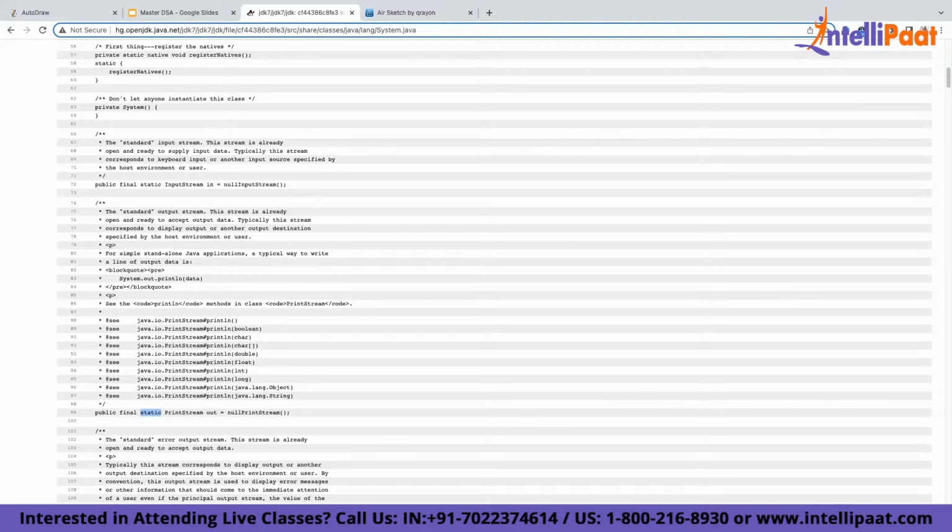Have you heard of something like notations? How many of you understand notations? Big O of n, yes. Big O of 1, big O of n square, big O of n log n. So what are these?